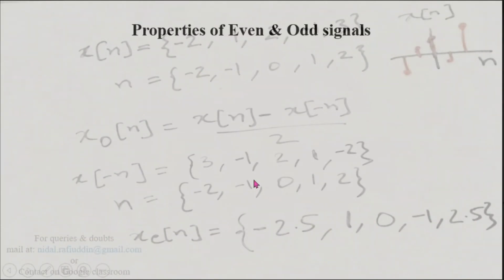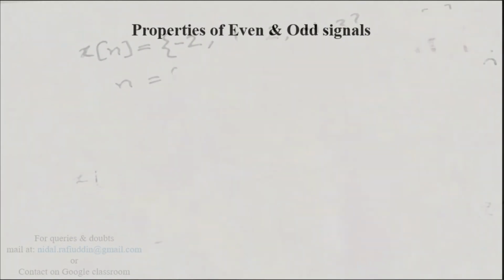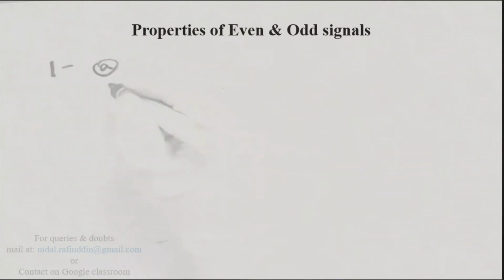Now we talk about the properties of even and odd signals. There are a few properties associated with even and odd representation of any signal. So let me write these properties. In the first property there are certain sub properties. The first of which is if you